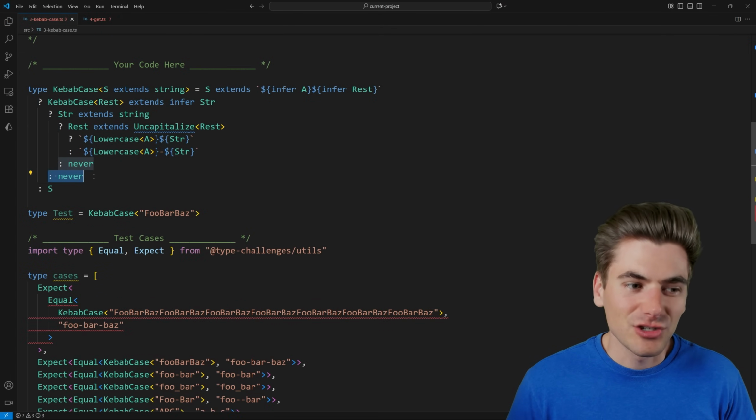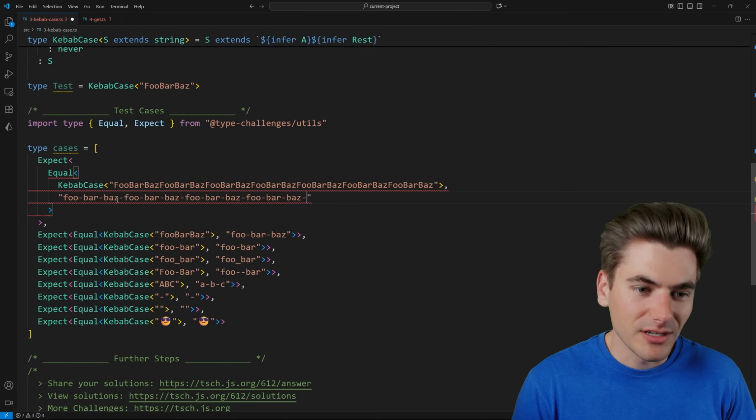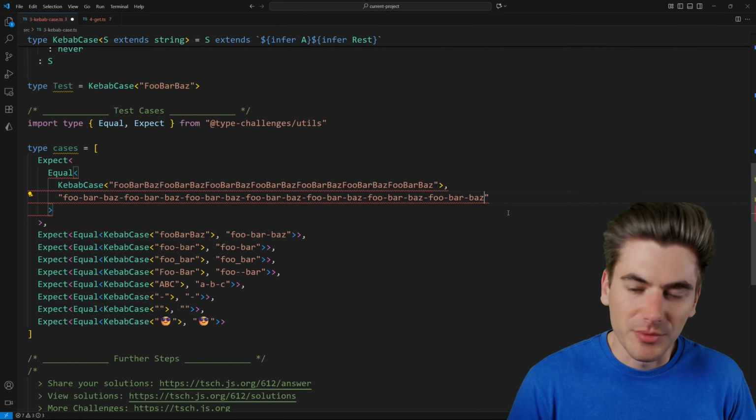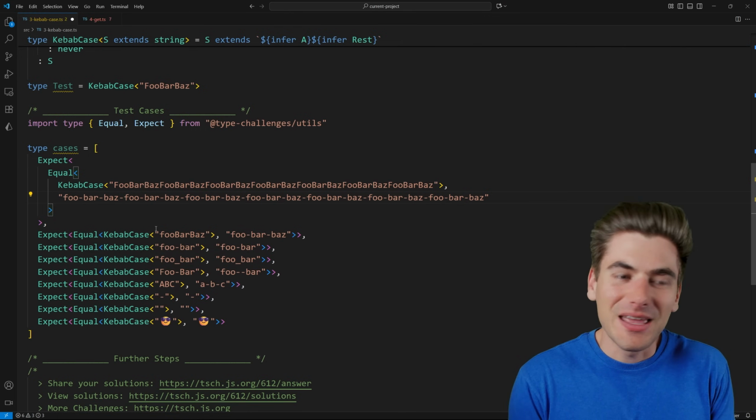So if it doesn't extend a string, we'll return never down here. Now to make sure that this works, I essentially also need to copy over this foo bar baz a bunch of times to give us essentially the same number. And I copied it down a few too many times, there we go. And now you can see that this string that was too long originally is now able to be solved because